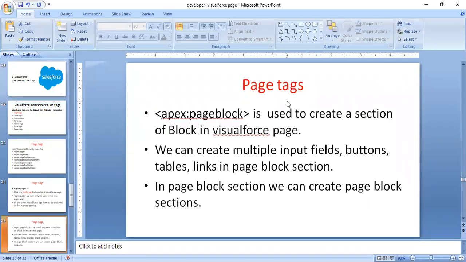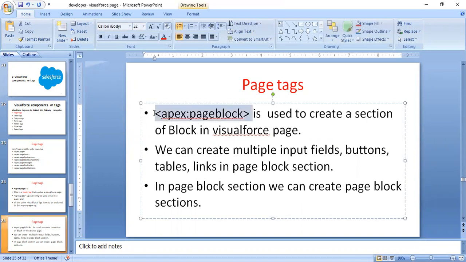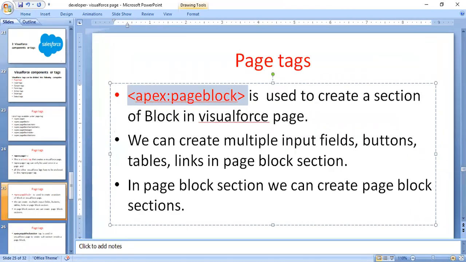Okay, next to page tags, the page block tag. What is a page block tag? Remove this one, it is showing like this. What is the need of the page block tag? The page block tag is used to create a section of the block in Visualforce.